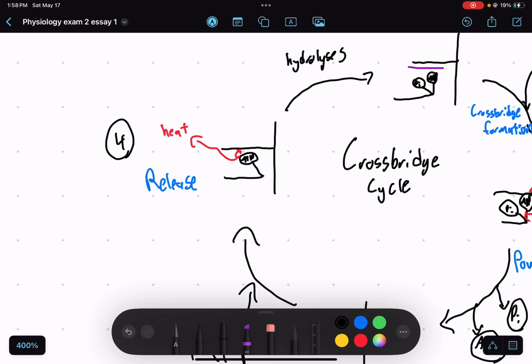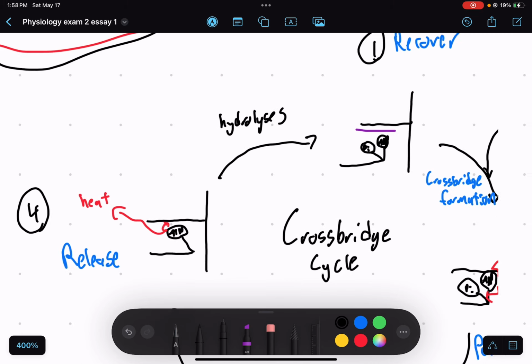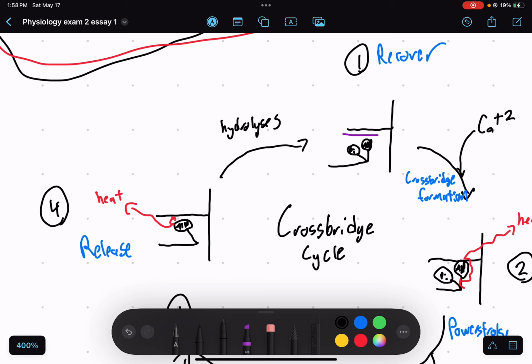And whenever that heat is released, it's going to go out into the surroundings along with helping with the hydrolysis of itself. And so whenever that heat is released, it's going to break a bond and cause the muscle to relax back into the recovered state,